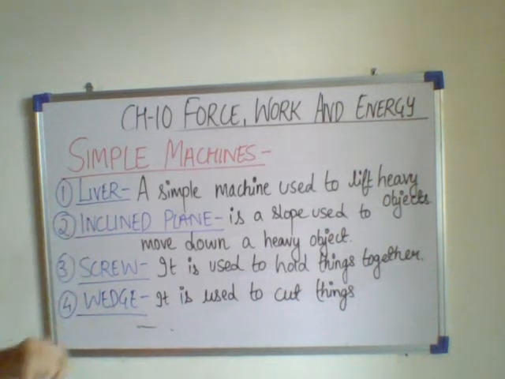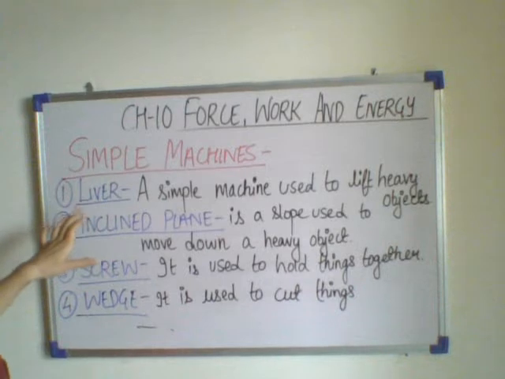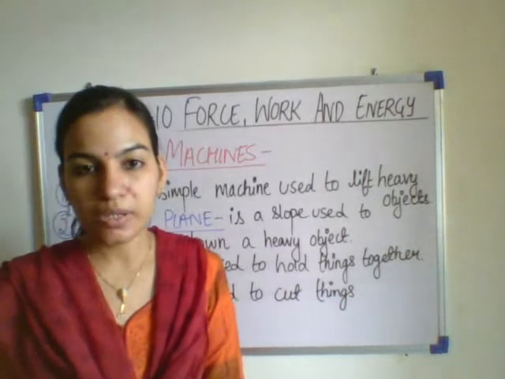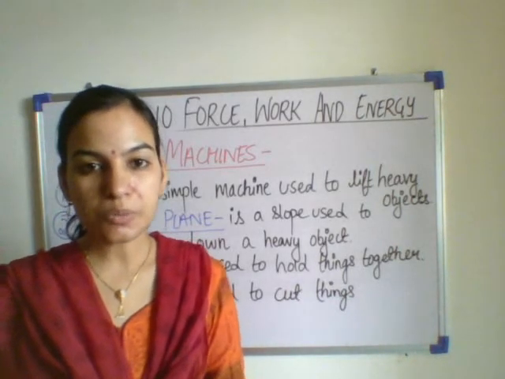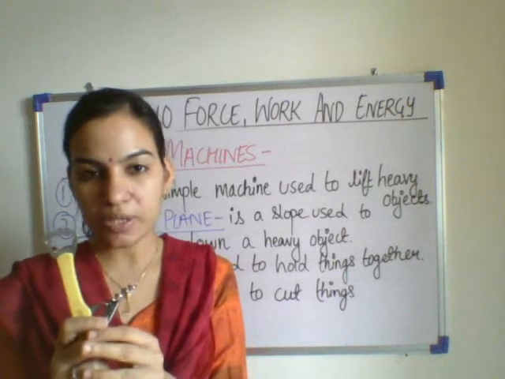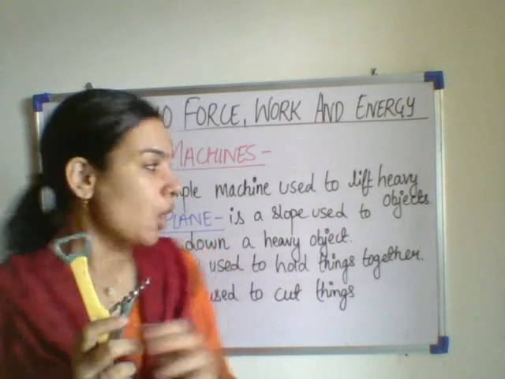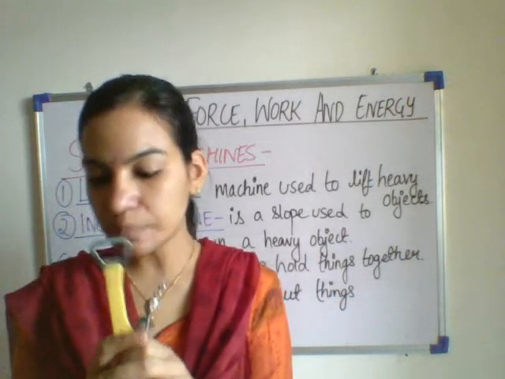What are the examples of this? We can say the bottle openers. The bottle openers, like for the Pepsi or your sauce bottle, you used to open with the opener. This is a bottle opener, so it is an example of a lever. This bottle opener is a very simple machine.